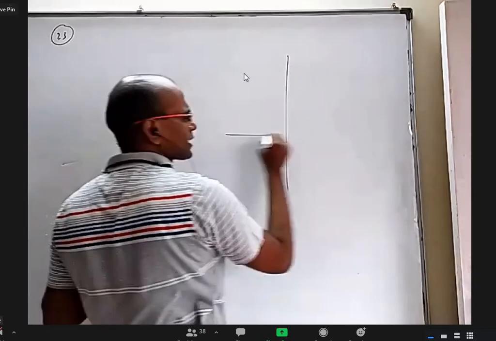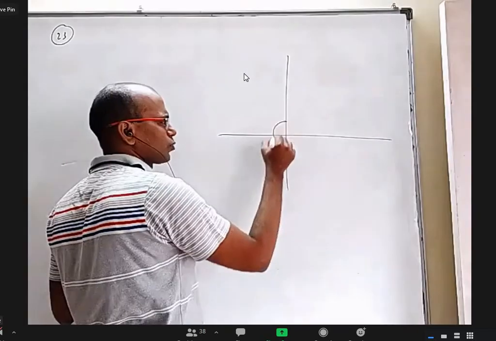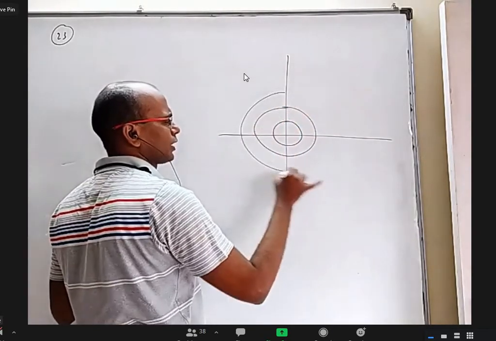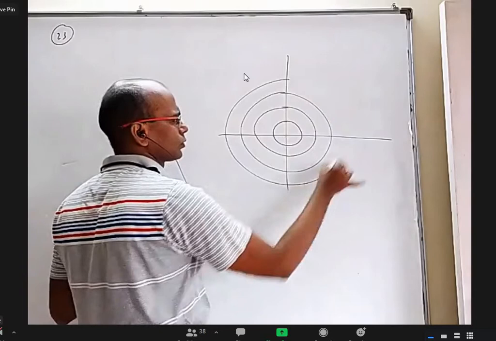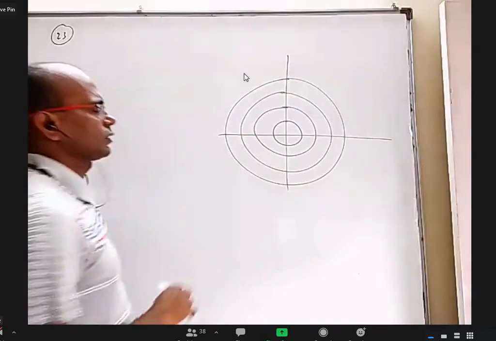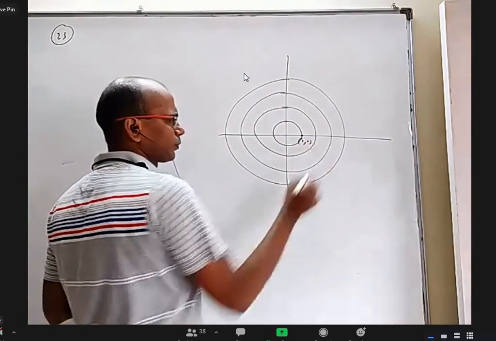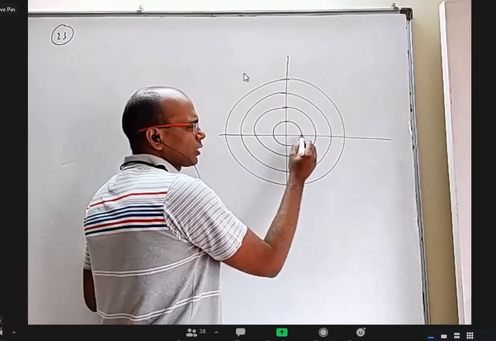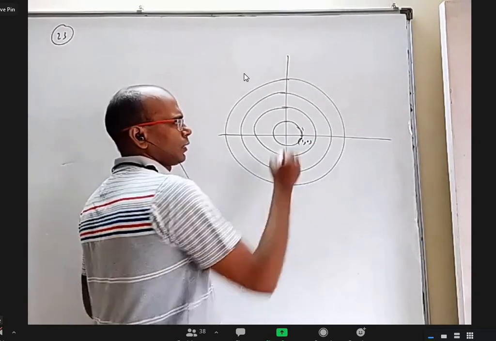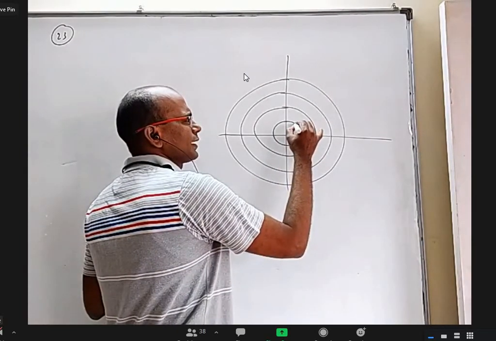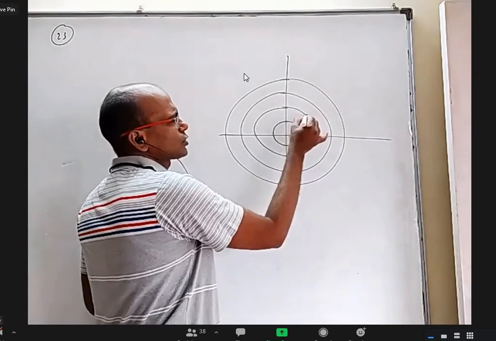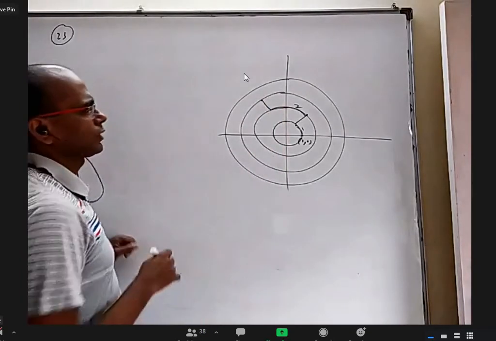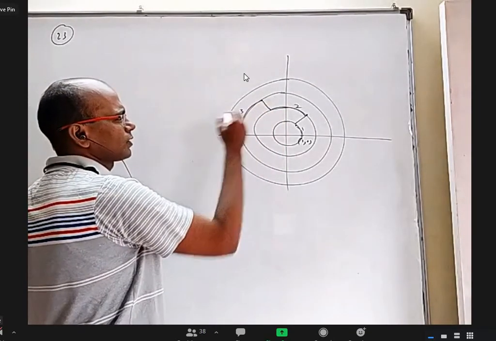We have concentric circles with radius 1, radius 2, radius 3, radius 4, and so on. Every natural number is a radius, so we have a lot of circles. This is 1, 0. What they said in this question is, on the circle with center 1, 0, travel 1 unit. Then go radially to the next circle. Because that radius is 2, travel 2 units. Go radially to the next circle. Because that radius is 3, on the perimeter, travel 3 units.